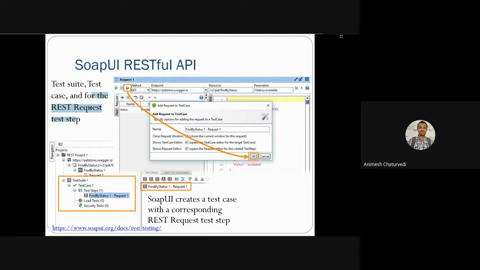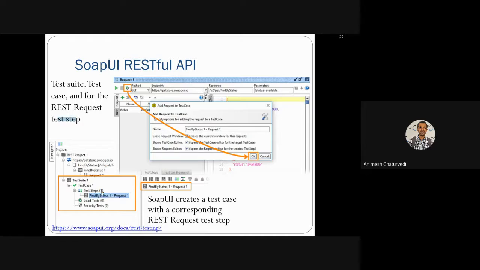And how do you mention the RESTful request? You mention it in a test step. In the orange box you can see test suite one inside this whole RESTful project one. You have test case one, and in that test case one you have the test step.